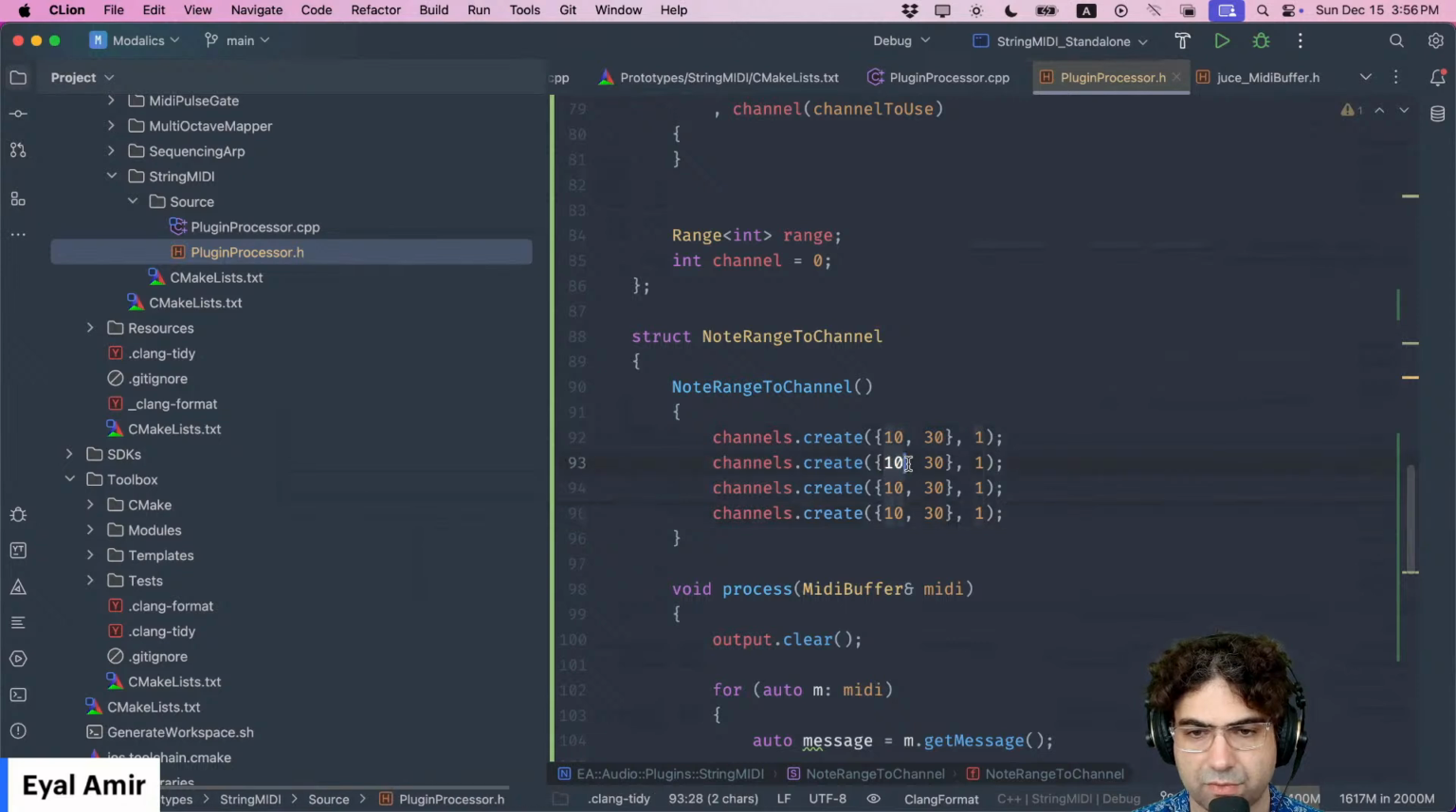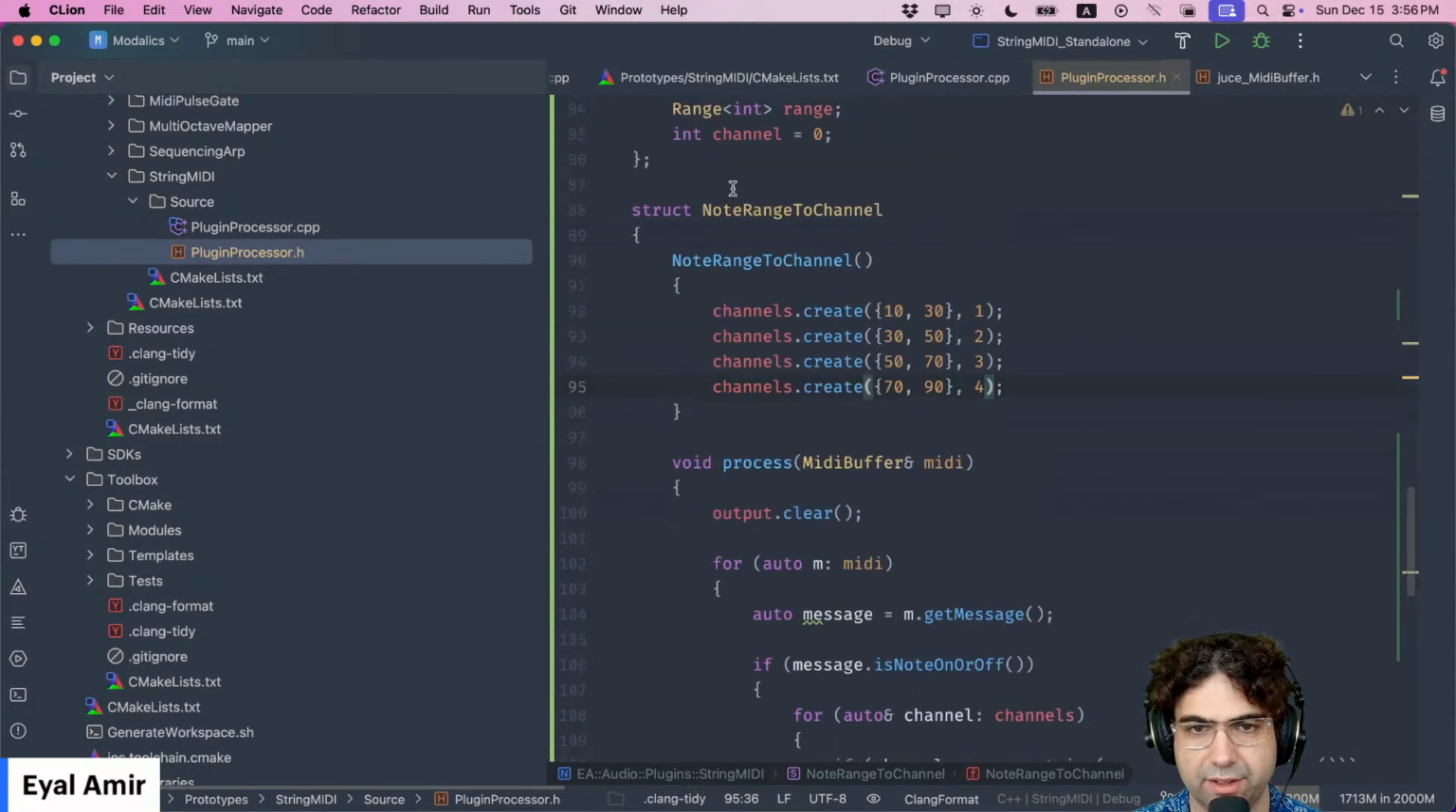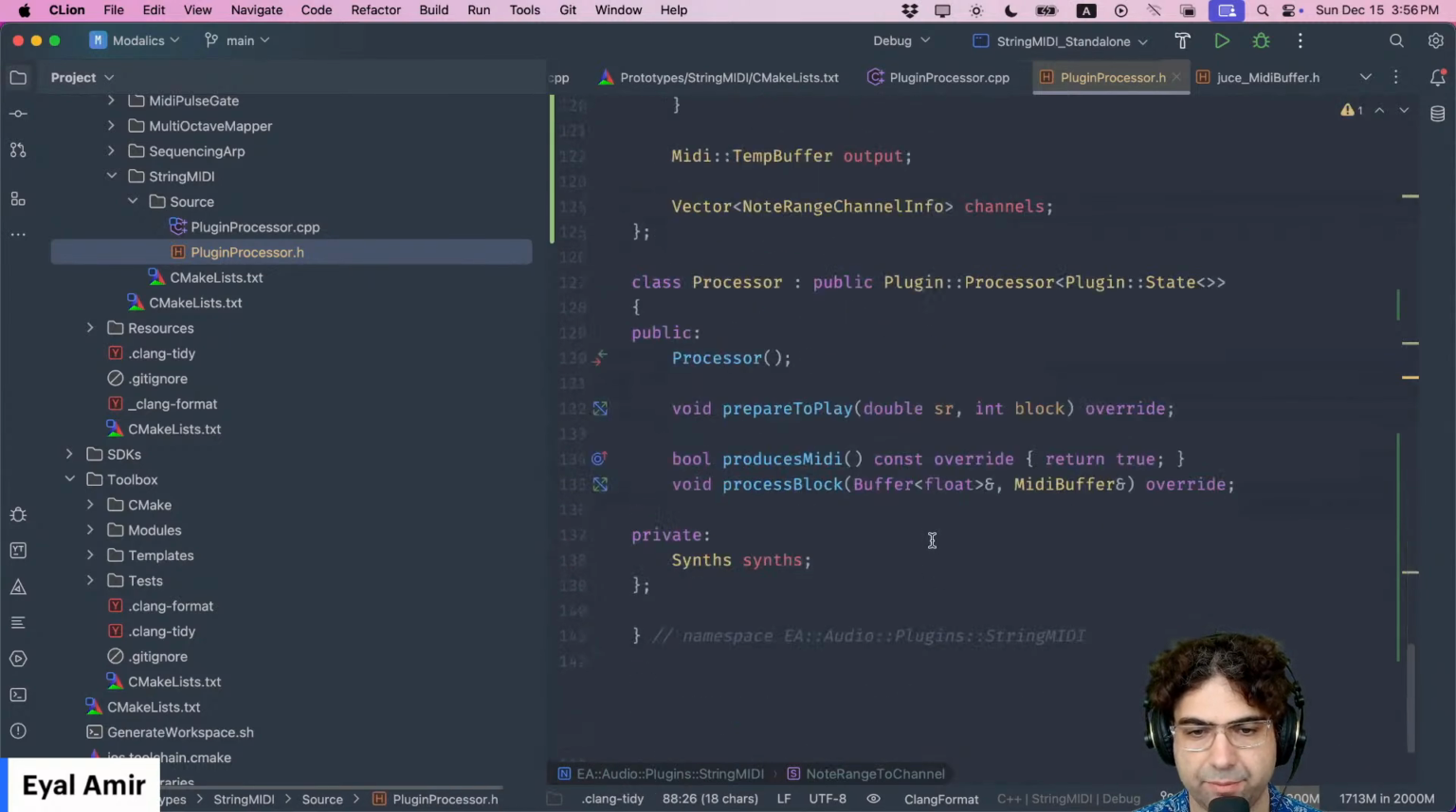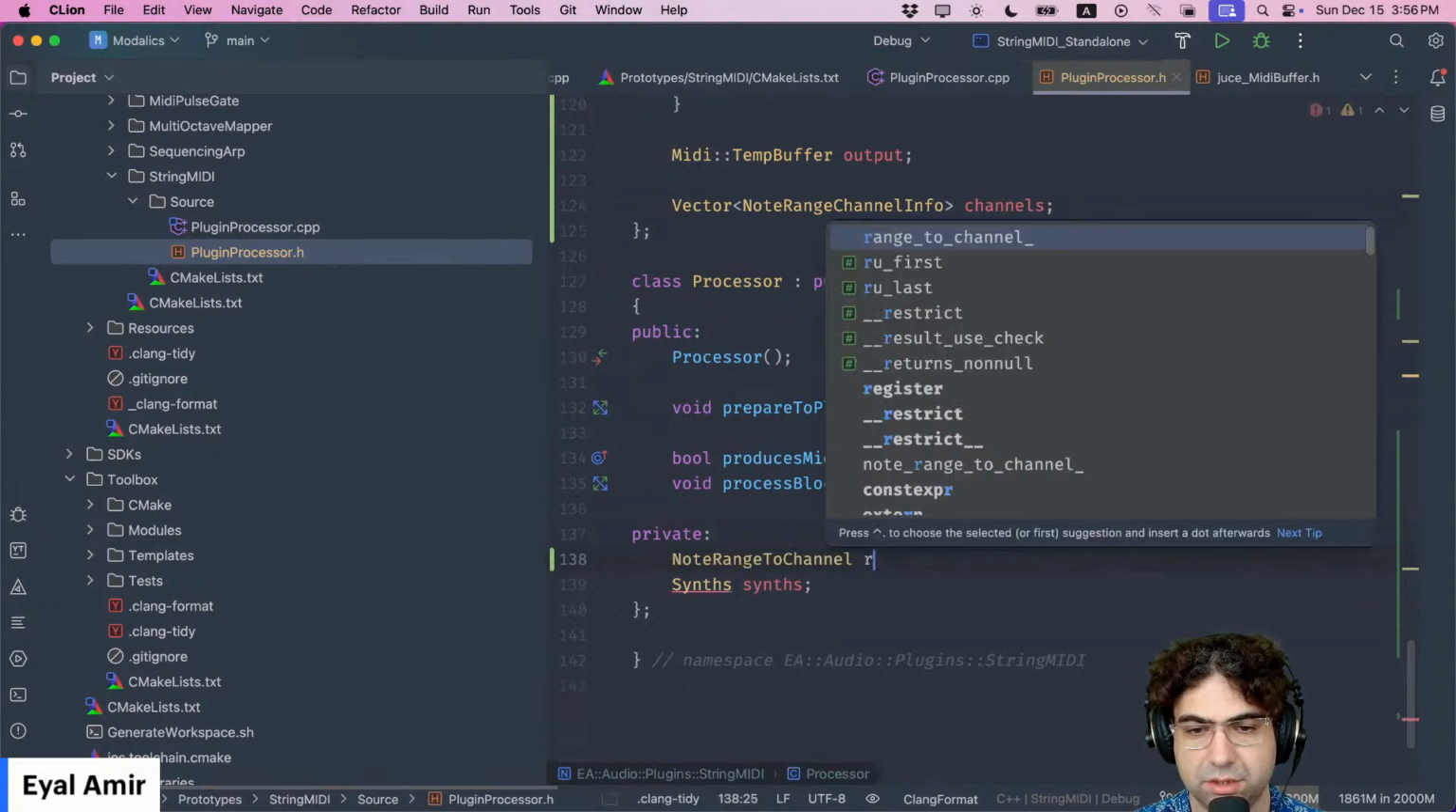I think the end is non-inclusive, so 30, 50, 50, 70 and 70. Let's do 100. I want to make sure it doesn't actually cover the whole range. Let's do 90. I want to have some 2, 3, 4. Okay, and then the way I'm processing my plugin, I'm going to have it here, range to